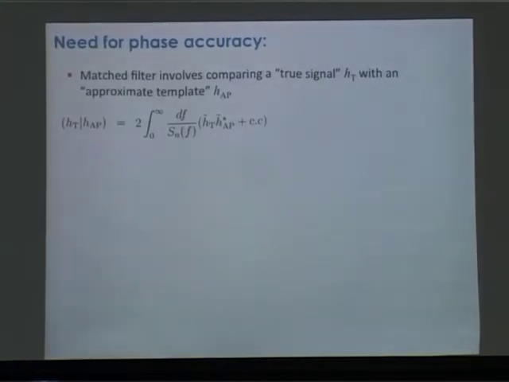So I also want to do a little bit of an aside here on why we need to have very accurate waveforms. Why do we need this phase accuracy? When we do matched filtering with gravitational waves, ultimately what we're doing is there's some true signal which nature provides, and we have some template, some inexact signal, which is our best estimate that we're trying to match with this true signal. So ultimately what we're doing when we're trying to detect gravitational waves is computing this particular inner product and hopefully making this inner product as big as possible.